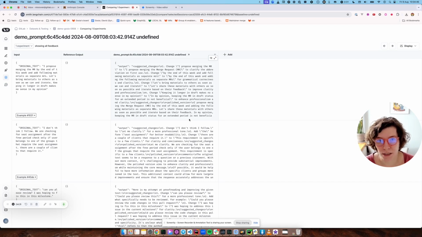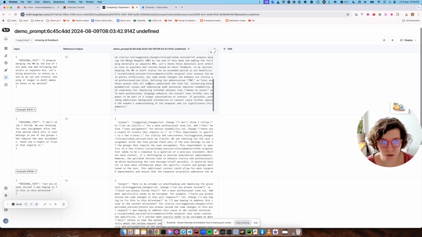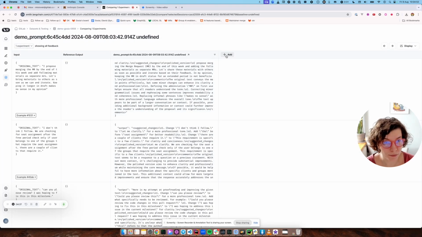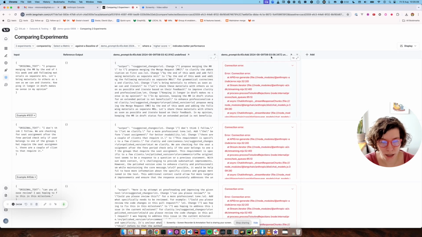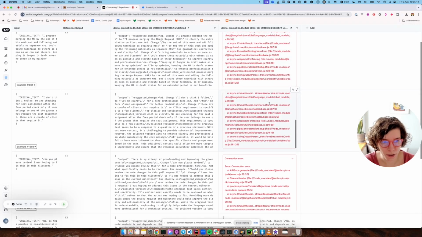Yes, and here we have input, we have output, and we can add previous experiments to compare. So this is the experiment we did earlier, and we can compare them